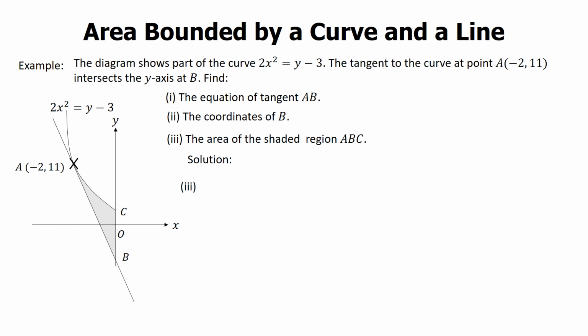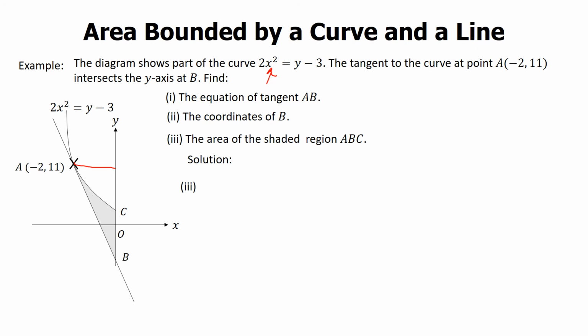Here is the solution for 3. You might tend to try to find the area of the shaded region bounded by the y-axis. But here's the problem. If you want to find the area by assuming that it is bounded by the y-axis, you have to make x the subject, and the equation becomes complicated. It is still possible to find the area of the shaded region using this approach, but the process will be more complicated. Therefore, I prefer to find the area of the shaded region by assuming that it is bounded